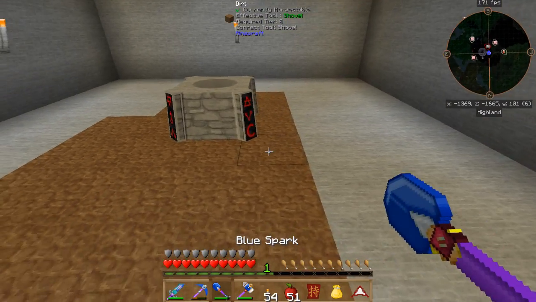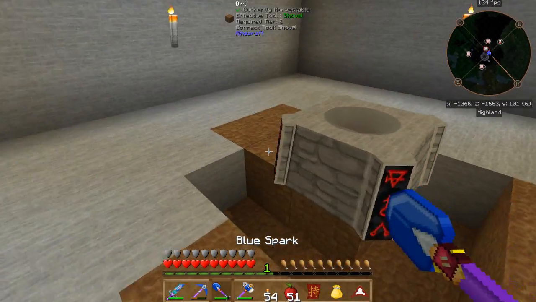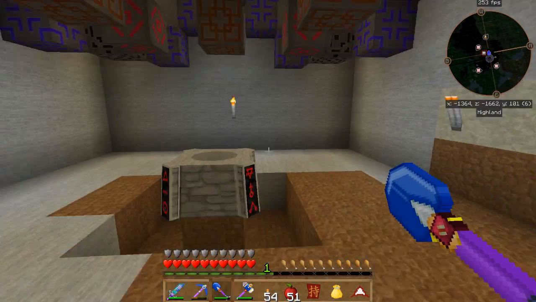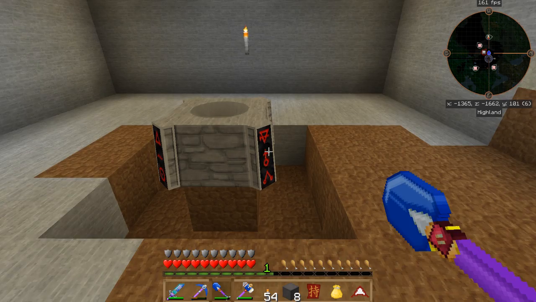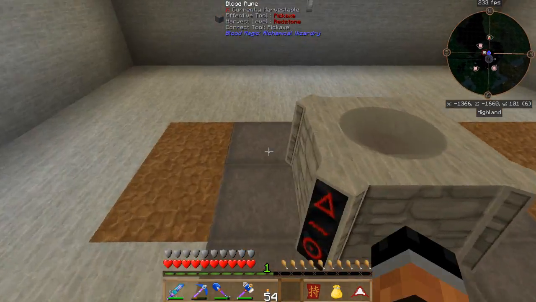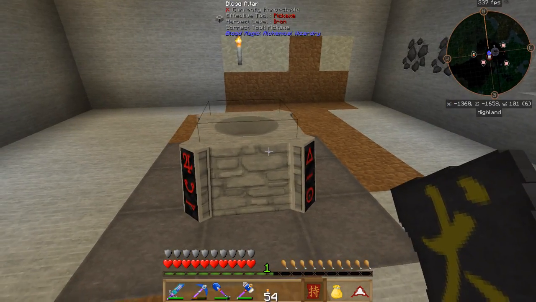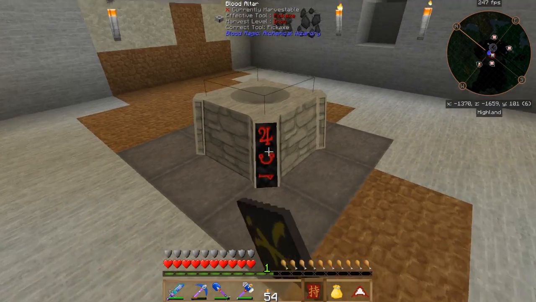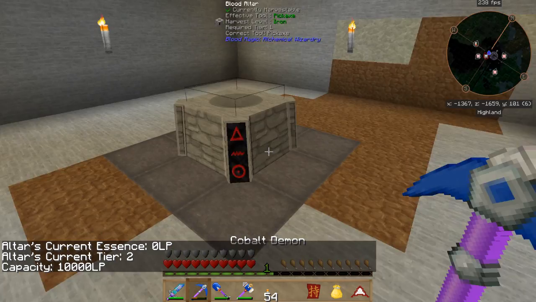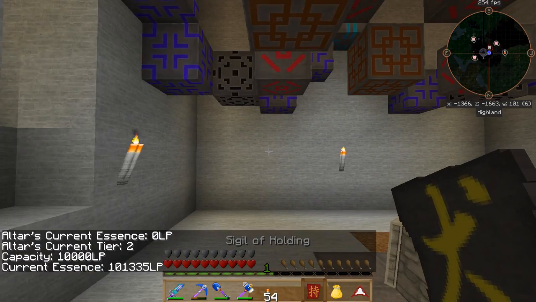Alright guys, and we're back. So I think this looks pretty good under here, right? Might clean it up a little bit later on, but I think this will be just fine for now. I went ahead and made up some more blood runes, so that way we can upgrade this altar to a tier 2 altar. Let's go ahead and double check with our sigil of holding, switching that to our divination sigil. So there we go, tier 2 blood altar. Hoping this will do me all right. So let's go ahead and check our